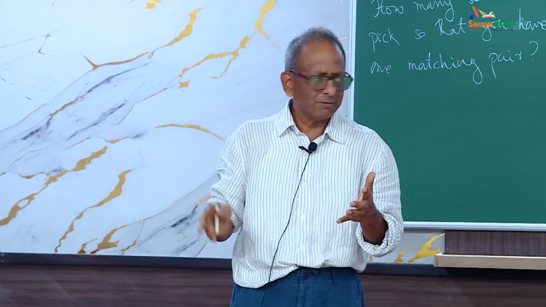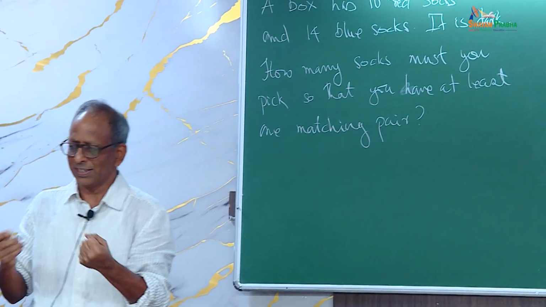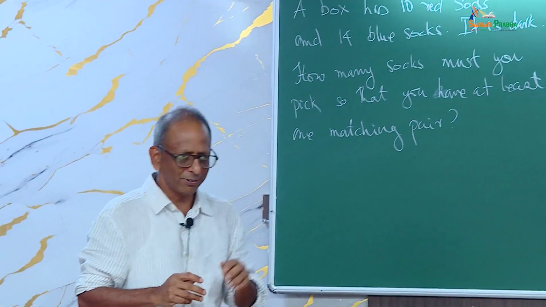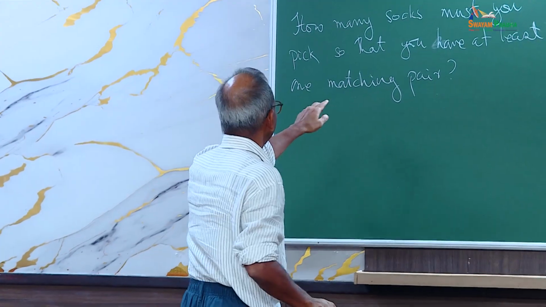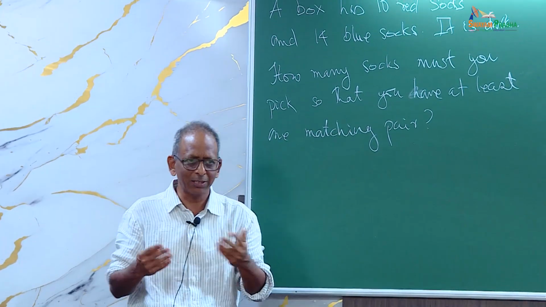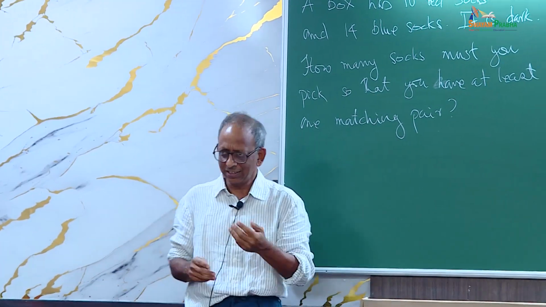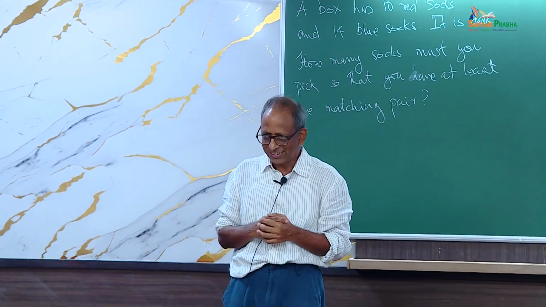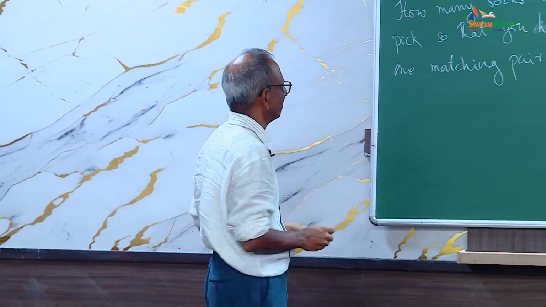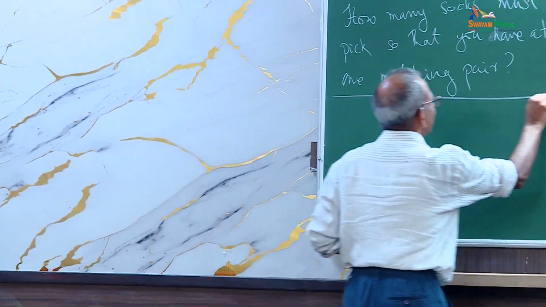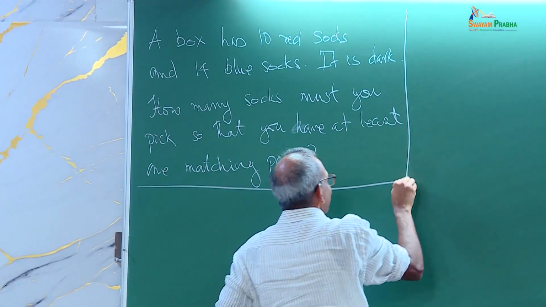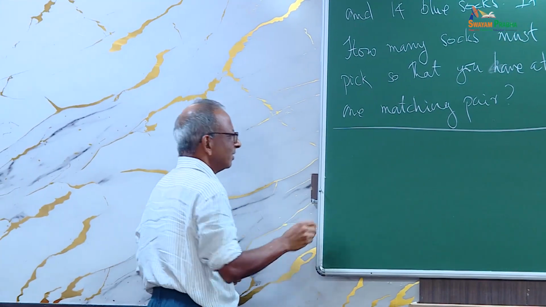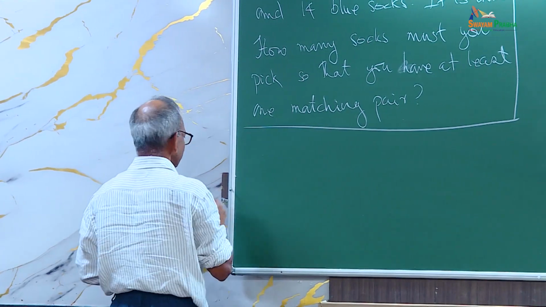So now, how many socks must you pick so that you're assured that you have at least one matching pair? By matching pair, meaning a pair of the same color, yeah? 3, yeah. If you pick 3, well, 2 of them have to be of the same color, yeah? All right, okay, so very good. So the next question,